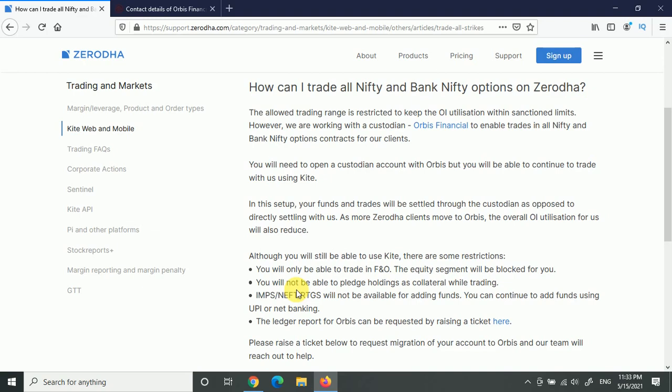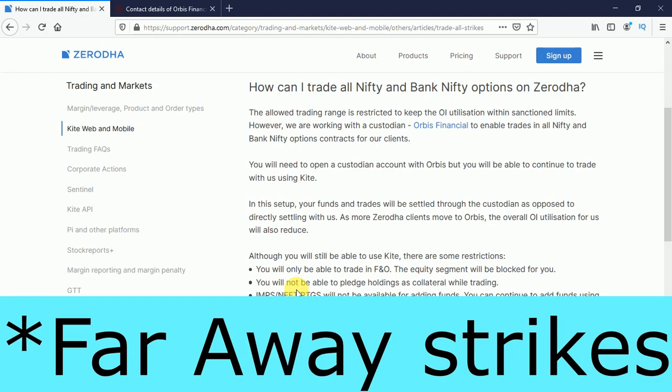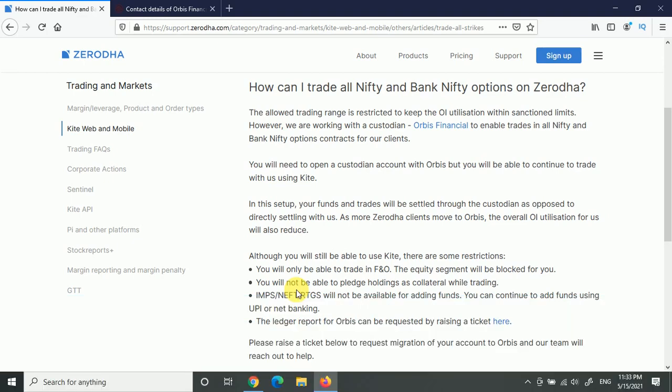I have done a tie up with Trade Genie. They allow you to trade for far away margin, and they have another benefit where when you place some stock you can utilize up to 90%. A lot of brokers keep 50% of collateral and 50% of cash. So Trade Genie allows up to 90% of collateral for option selling. That is a very good thing. And for safety, you can keep it up to 80%, and 20% you can fund by cash. So Trade Genie is also an option.